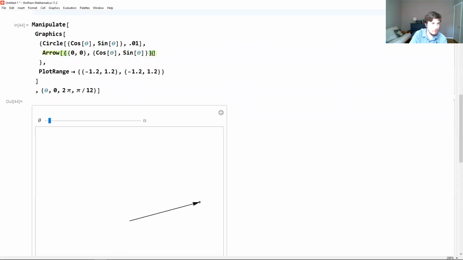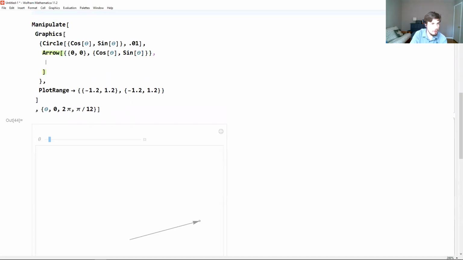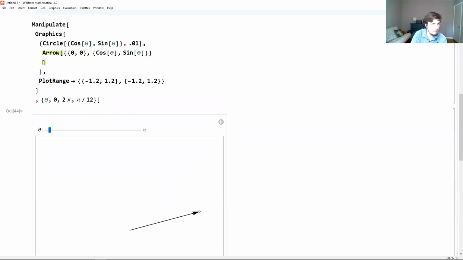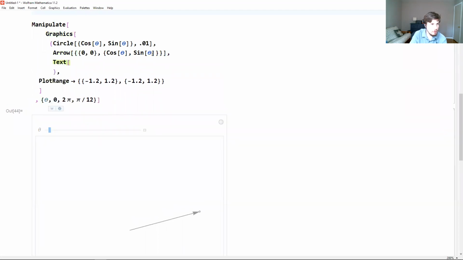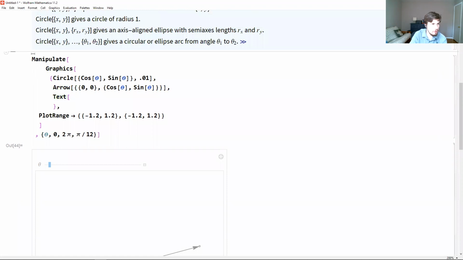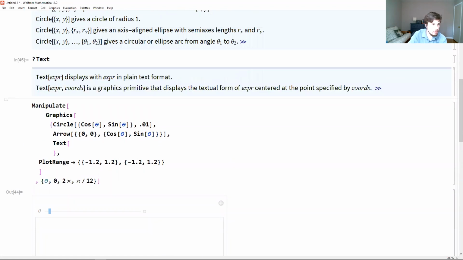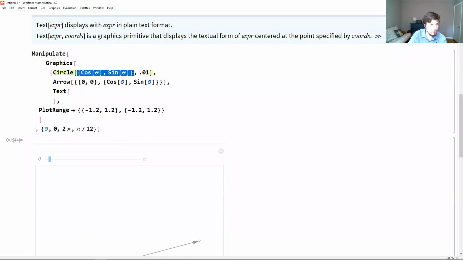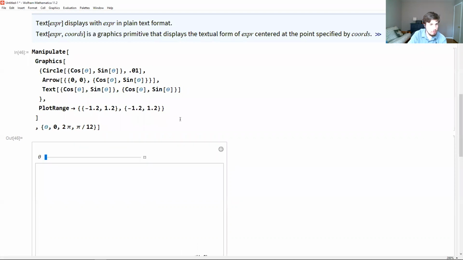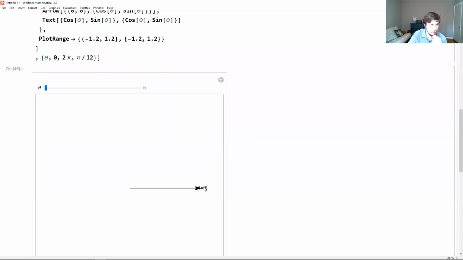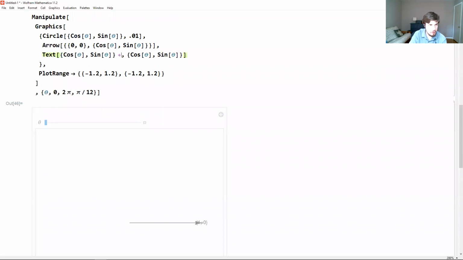So you can have something like up text. How does text work? Text takes an expression and coordinates. So I could have something like it tells me what the coordinates are and where it's going to be. It's going to be at those coordinates. So there you go. Maybe I want to move it up a little bit, plus